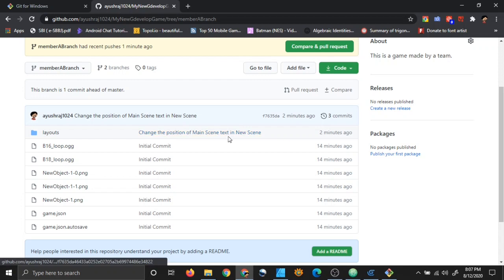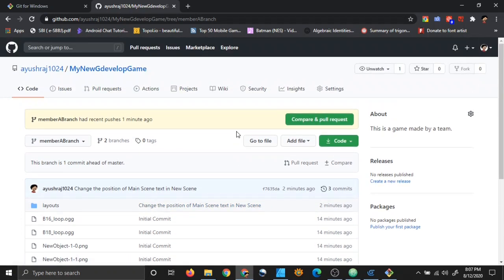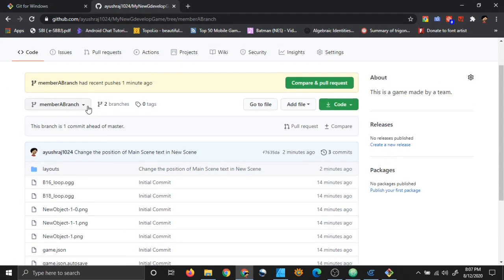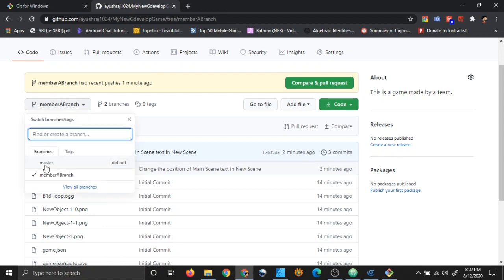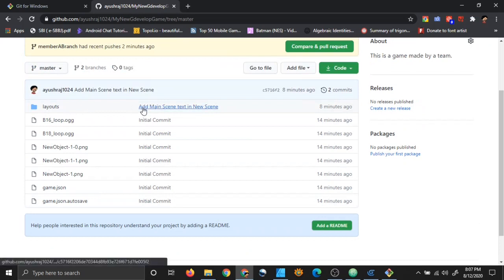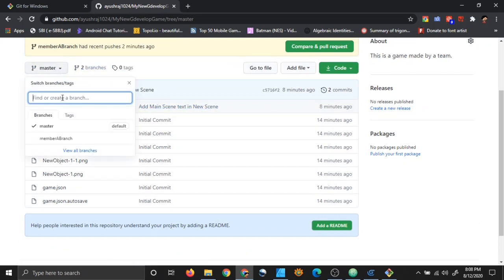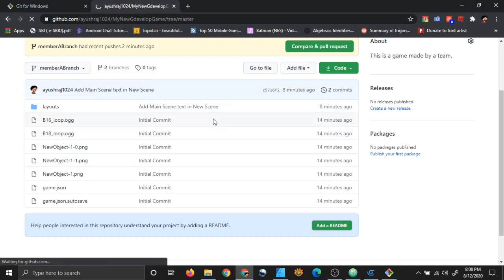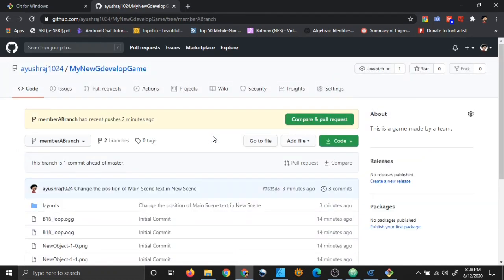Change the position of main scene text in new scene. And if I want to go back to my master branch, I can simply go here and go to my master branch. Now you see the message add main scene text in new scene, which is the older message. The newer message is in the member A branch, right?